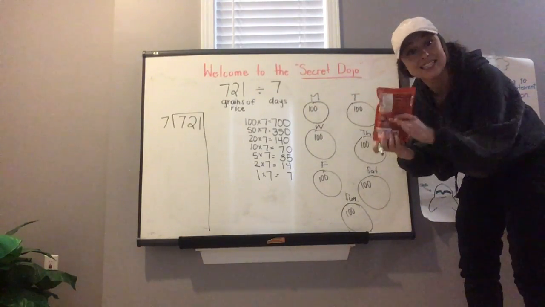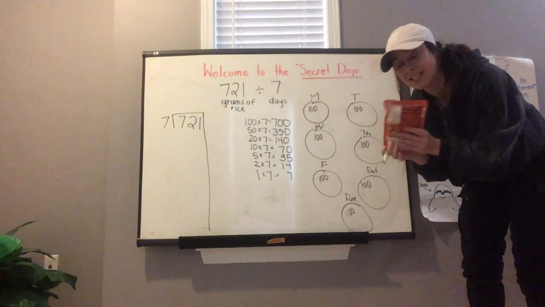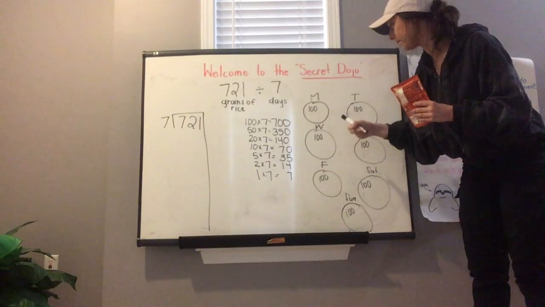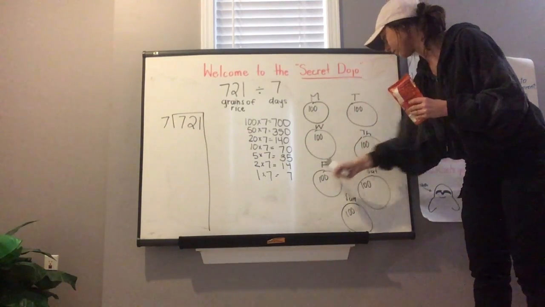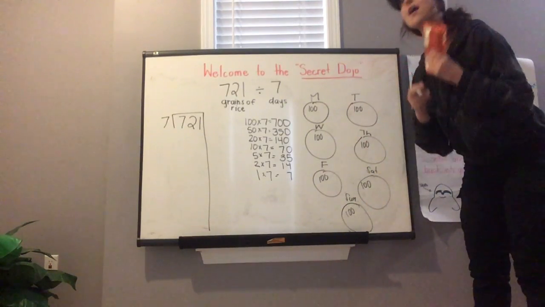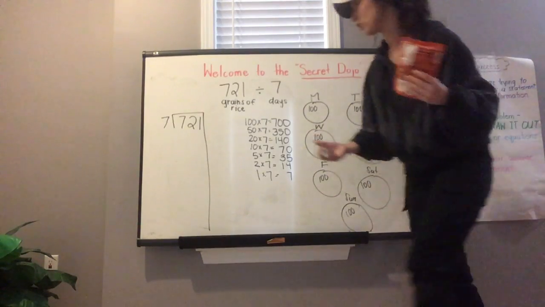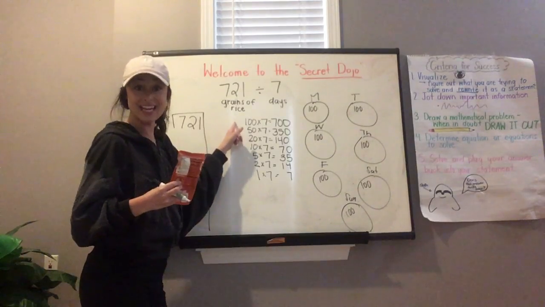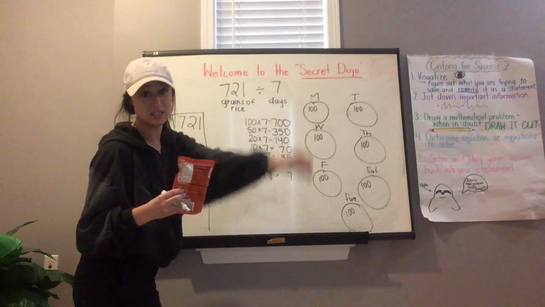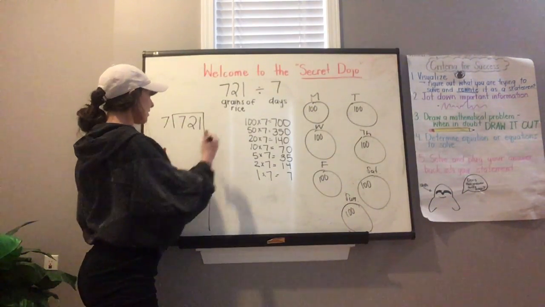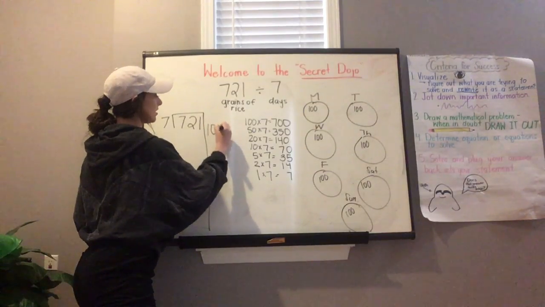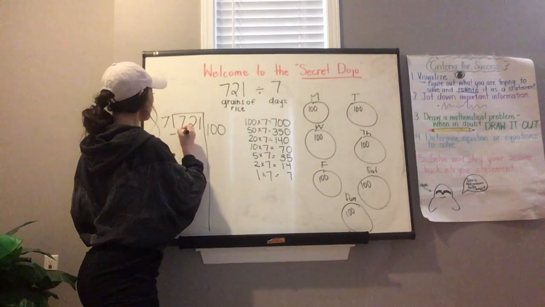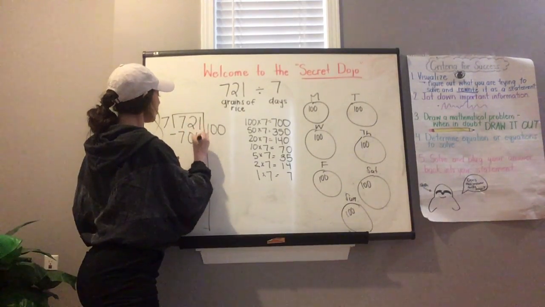Now let's see, can I give 100 grains of rice? Can I split this 721 grains of rice and give 100 grains of rice to each day? Let's check. 100, 200, 300, 400, 500, 600, 700. I can use this 100. I can give 100 grains of rice to each day because that means I divvied out a total of 700